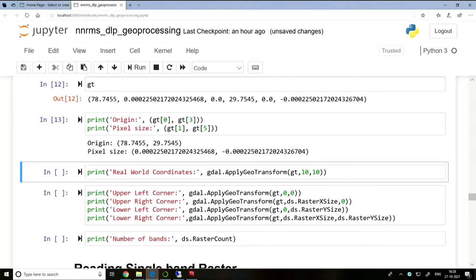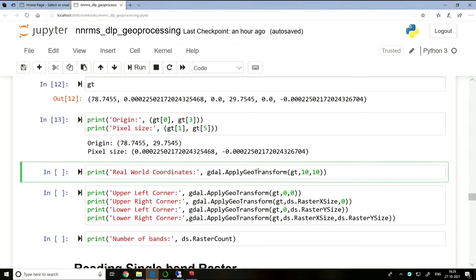Now suppose you want to convert any line number or pixel number to its real coordinates. In GDAL there is a function available called gdal.ApplyGeoTransform. It converts any pixel in your image, where the image is in the form of a matrix. The address of every pixel is referred to using a line number and a pixel number. If you know the line number and pixel number of your pixel, and you want to know which location on the earth it represents, its real-world latitude and longitude,